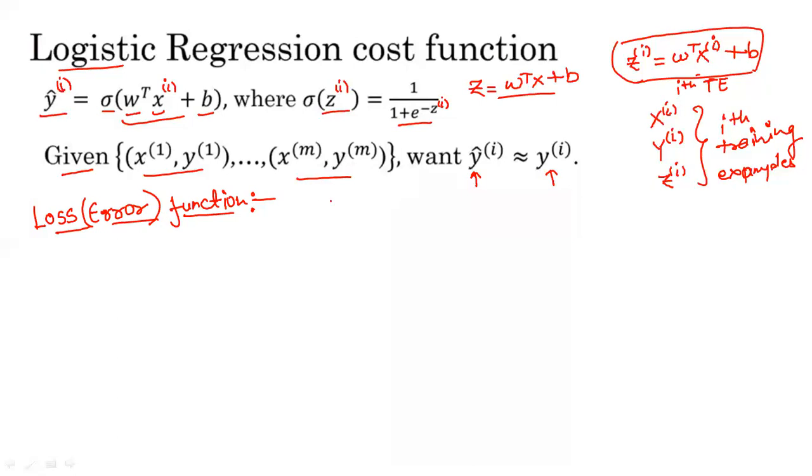One thing we can do, as a layman, is that I have already explained that we need to find the difference between the predicted value and the actual value. So as a layman we can define a loss function as L of y hat comma y, where y hat is the predicted and y is the actual outcome, equal to the average of squares of the difference between the predicted value, y hat, and the actual value, y. So this gives us a basic loss function.